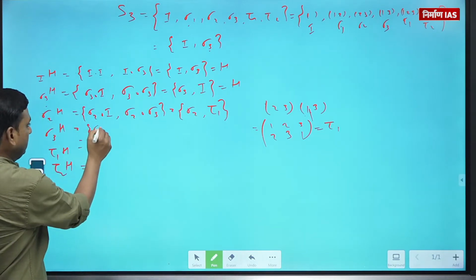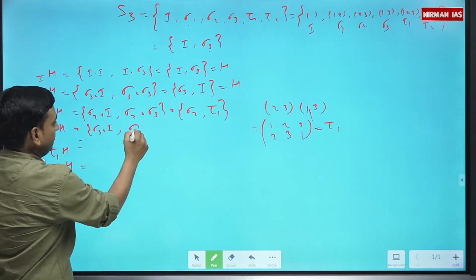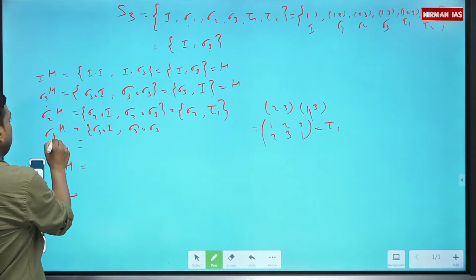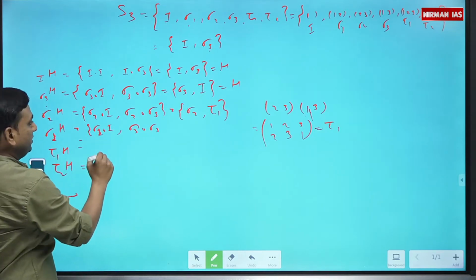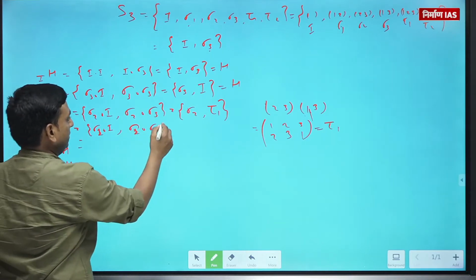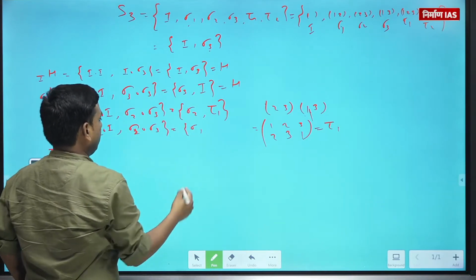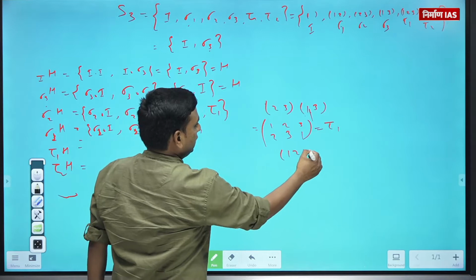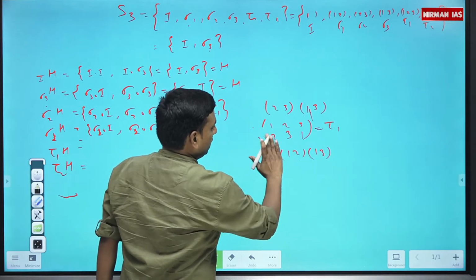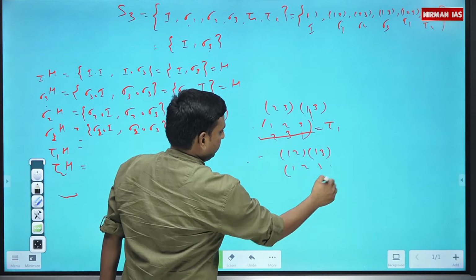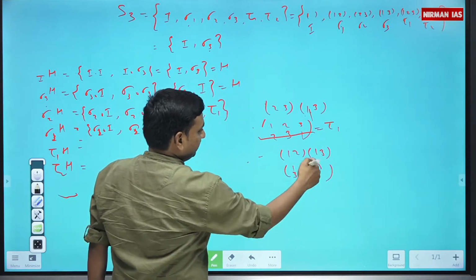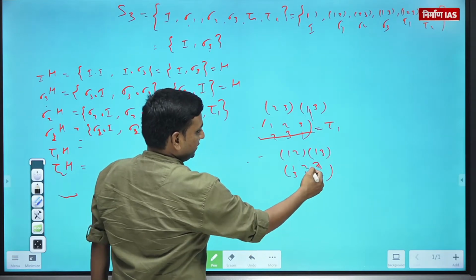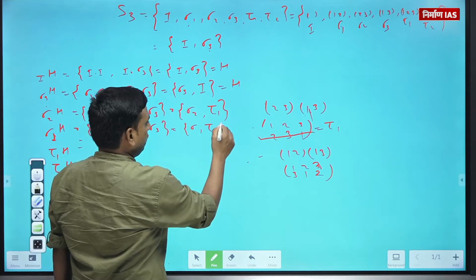Similarly, I can go for sigma 3 composition I, sigma 3 composition sigma 3. Why did I write that? Sigma 1. Sigma 3 we have already calculated. So this is sigma 1. So sigma 1, comma. In the same fashion, you can calculate sigma 1 composition sigma 3. So sigma 1 is 1 2, sigma 3 is 1 3. I want to know what this is. So here the image of 1 is 3, 3 goes to 3, 2 goes to 2, 2 goes to 1. So the rest is 2. So 1 goes to 3, 3 goes to 2. So this is tau 2.